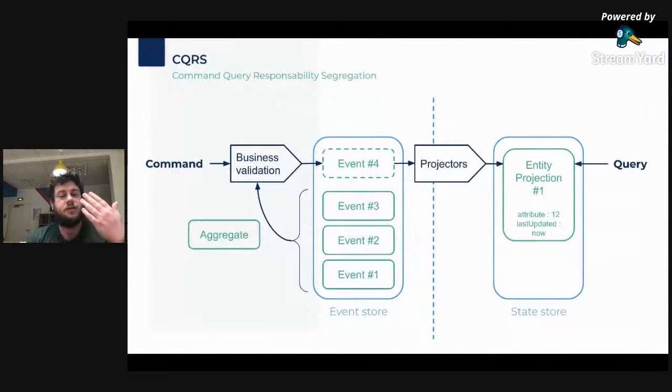The link between your audit log and your projection is the projectors, which will reduce the events from the audit log down to the model that you use for your query with all related information. I'll go a bit deeper about this when I'm talking about the AWS implementation.